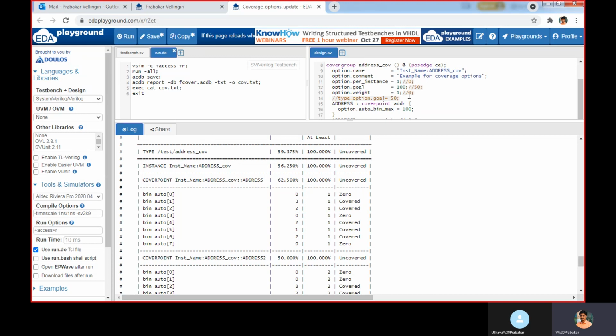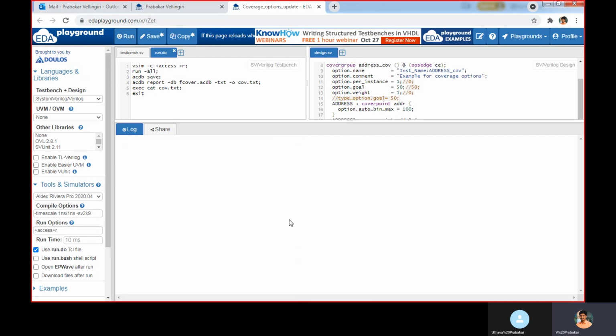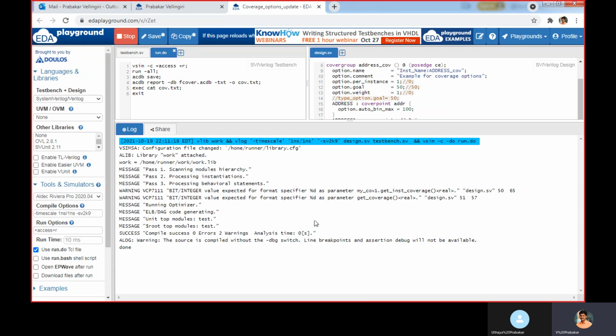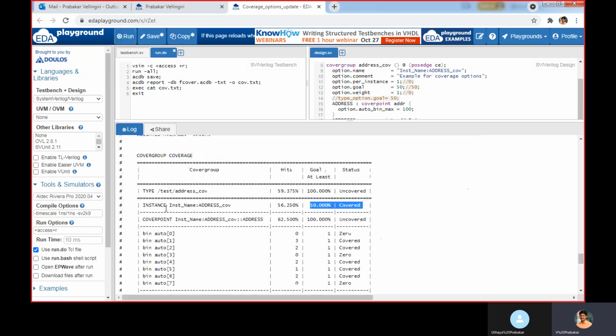Now I am changing this 100 to 50. The goal now we are setting is 50. So if we reach 50, it will be shown as covered for that instance.